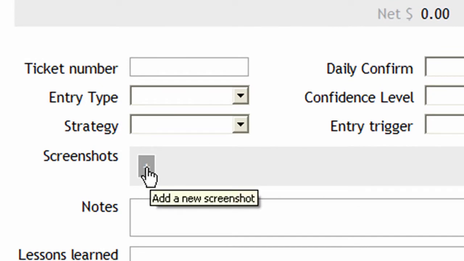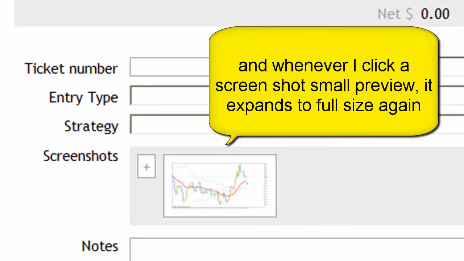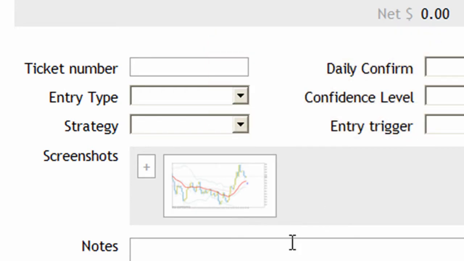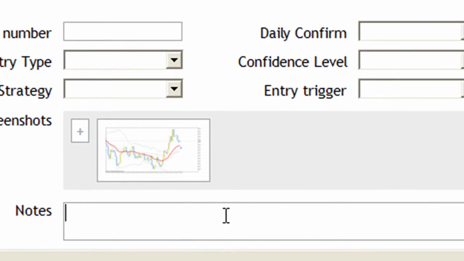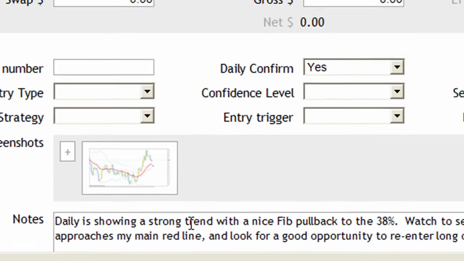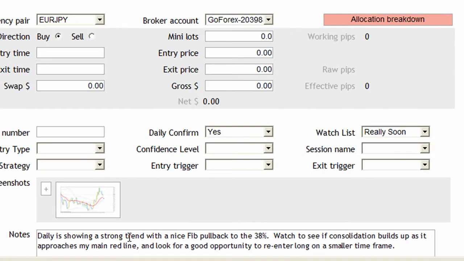And I'm going to put in that screenshot I just made. So now that screenshot is stored along with this trade. I'm going to make some notes about that now here too. The great thing is that if I end up entering this trade for real, I've already got a head start